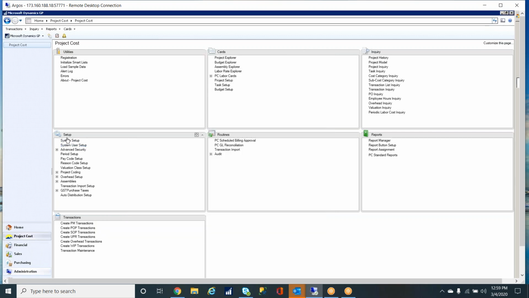And then what we're going to do is log out of GP, log back in, and under Setup, we're going to see this advanced security section. And if we expand that, we'll see that it has 4 palettes under that advanced security functionality. The first